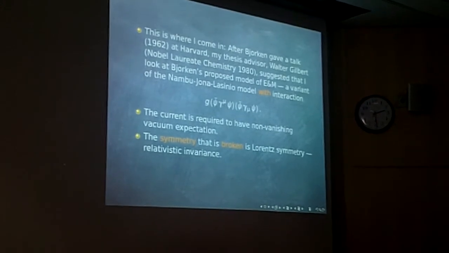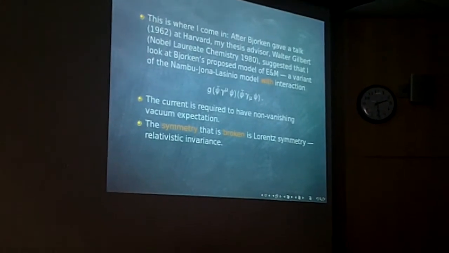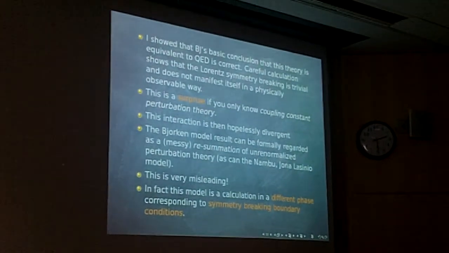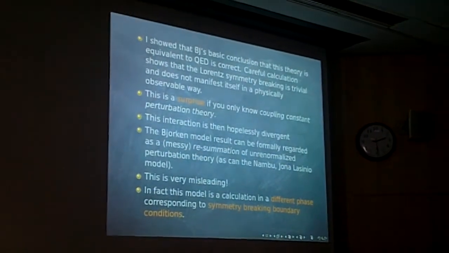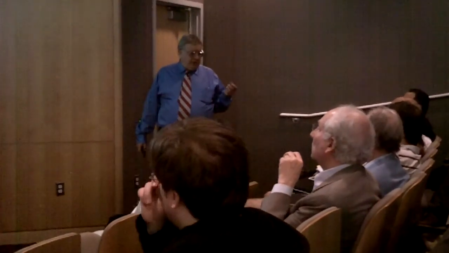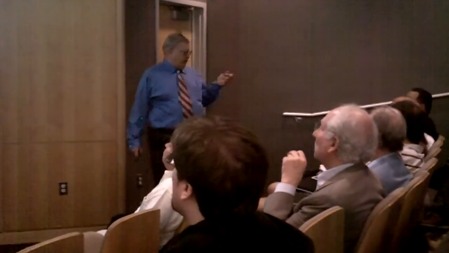Now that's a little worrisome, right, because the current carries a vector index. And in fact, what you're doing is breaking Lorentz invariance. My advisor said, when you take a look at this, it just can't be right. You don't really want to break Lorentz invariance. And so I worked through it, and as he always is, to the first important approximation, Kane was right. Some of the details were wrong, but it turns out you break the